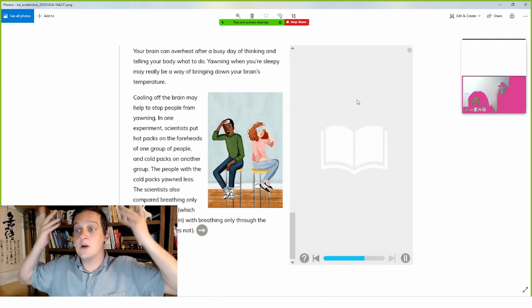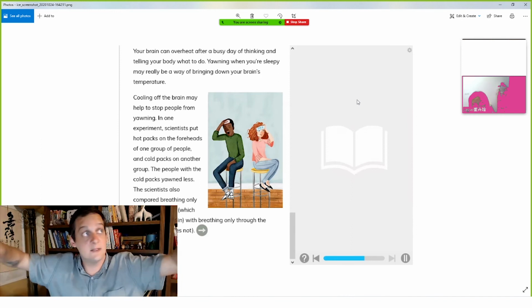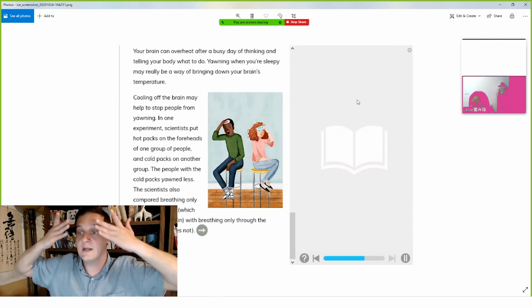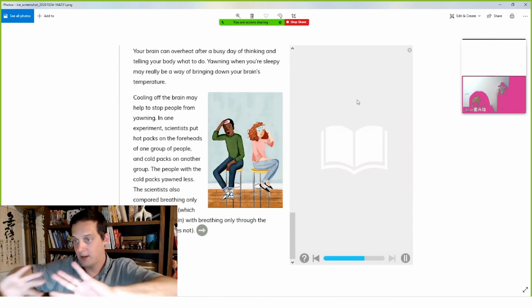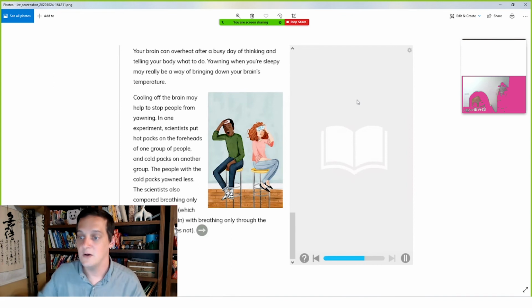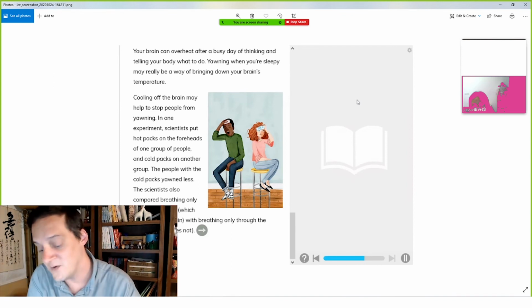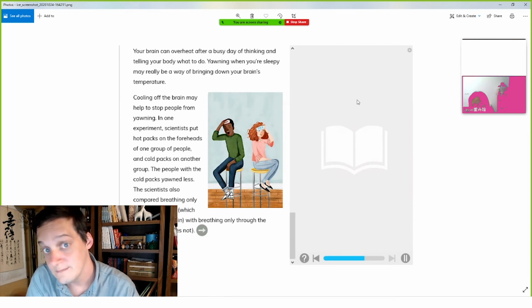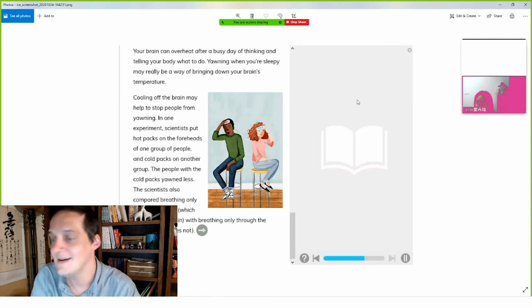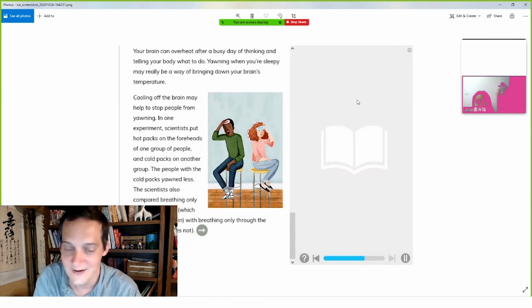The cool air from outside goes in and goes to your brain. And then you blow it out and the hot air comes out. Cool air goes in through your nose, hot air comes out through your mouth. But if you're only going to choose one, just use your nose, not your mouth. Mouth breathers are so weird.